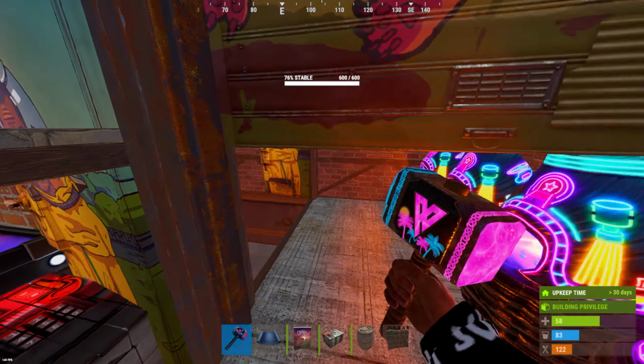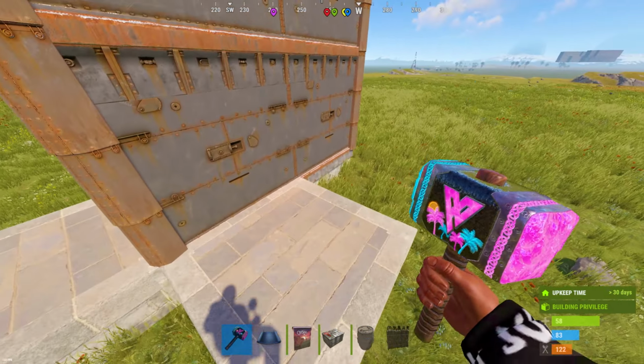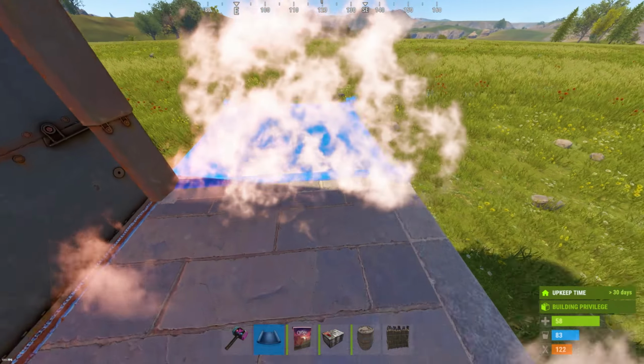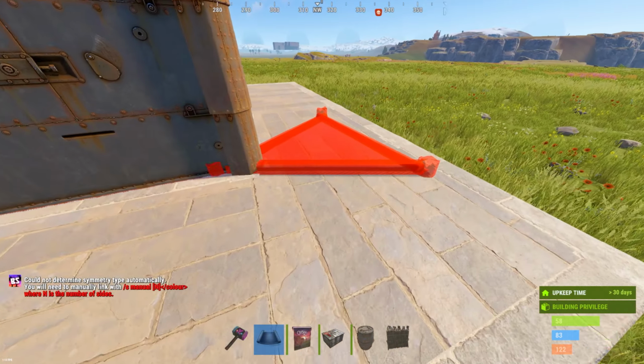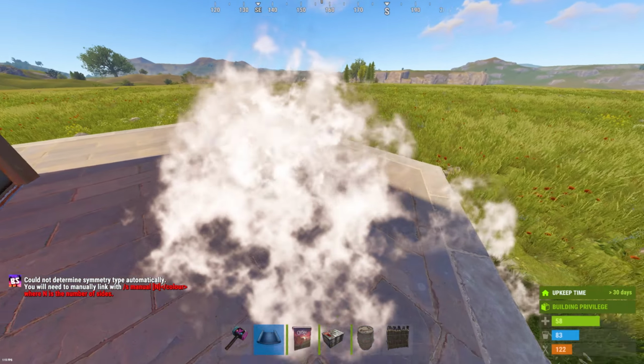And once it's all decorated, it should look something like this. Now that we are ready to keep expanding, we'll start by filling in all of these floors to make it an actual 4x4, just like so. And once we have all the floors down, we'll add down these triangles on either side of the base,